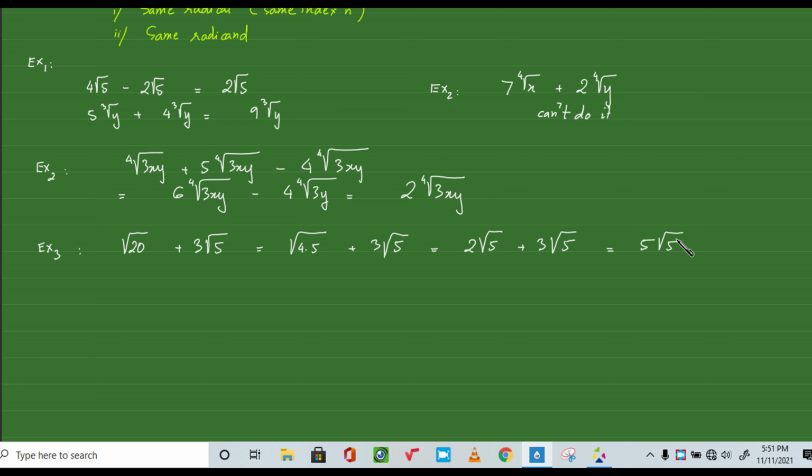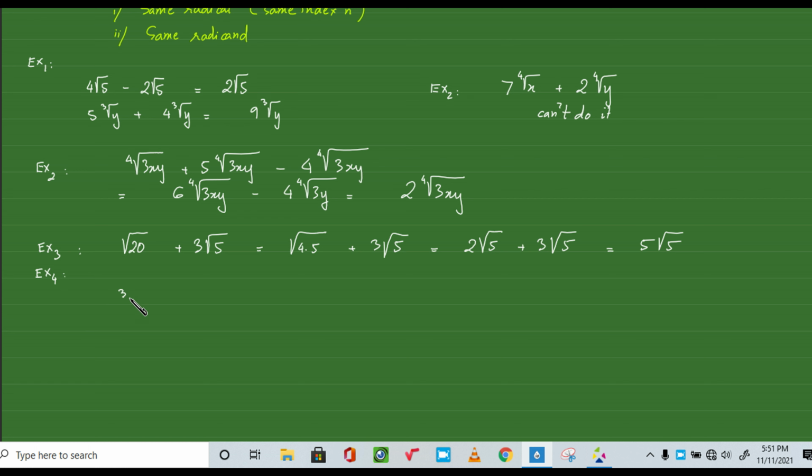What we learn is that sometimes the question doesn't give you the same radical or radicand. You have to simplify some way somehow. After you simplify and it's still not the same, then you can jump to the final conclusion that you cannot do it. But after you simplify and you see it's the same, here you go. Now you can add it. Okay. For example, in example number 4, I have here